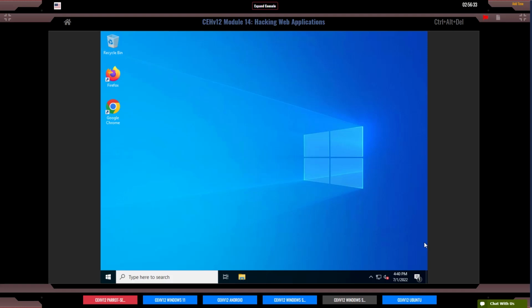Now, in the right corner of the desktop, we're going to click the Show Hidden Icons icon and observe that the WAMP server icon appears. We're going to wait for it to turn green, which indicates that the WAMP server is successfully running. Now, open any web browser